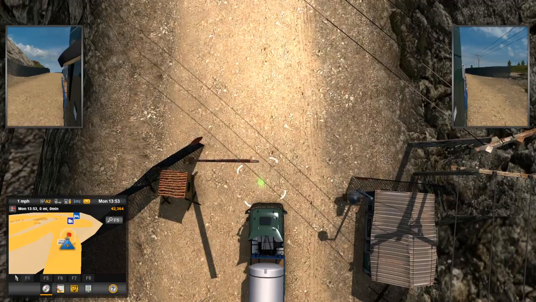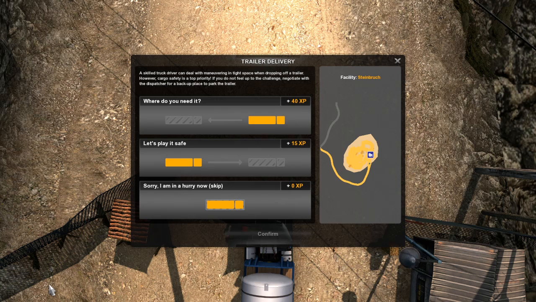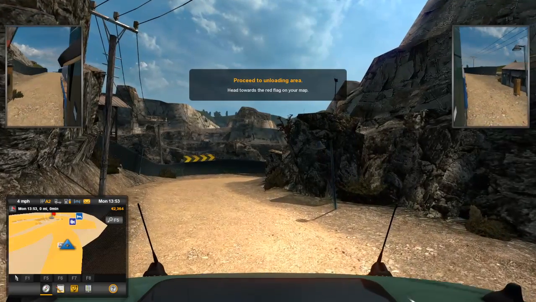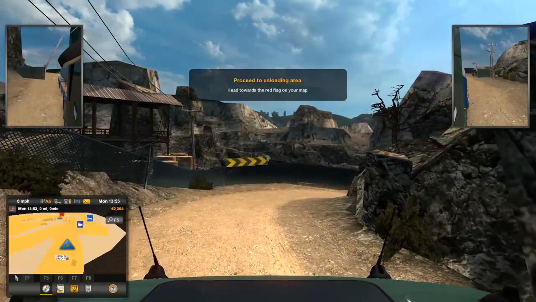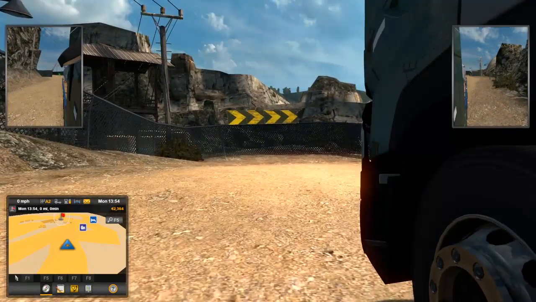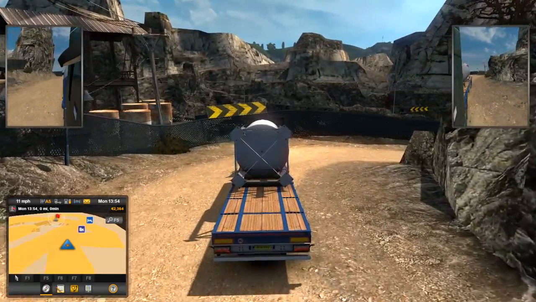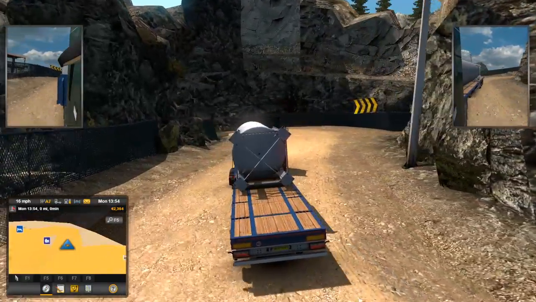Let's see where I am. You have to stop on the spot, and then it'll tell you where they want it. Let's go play it safe. Where do they want this? Somewhere in... yeah, in the first person view here. Actually, that's on top of my roof. Get an idea of what the engine sounds like. There's a cab view. There's a chase view. Like I said, I generally like the chase view, but in this game...